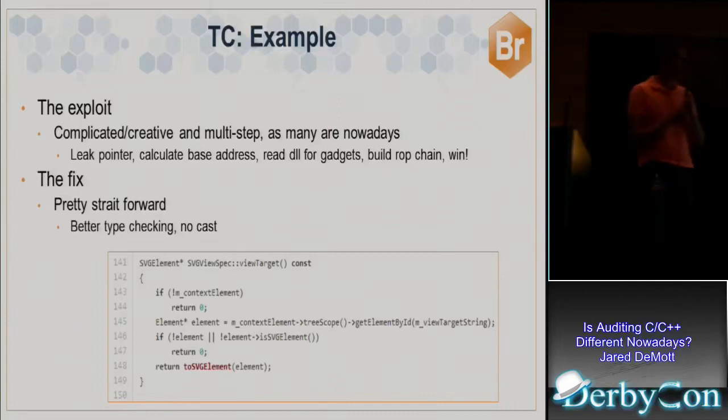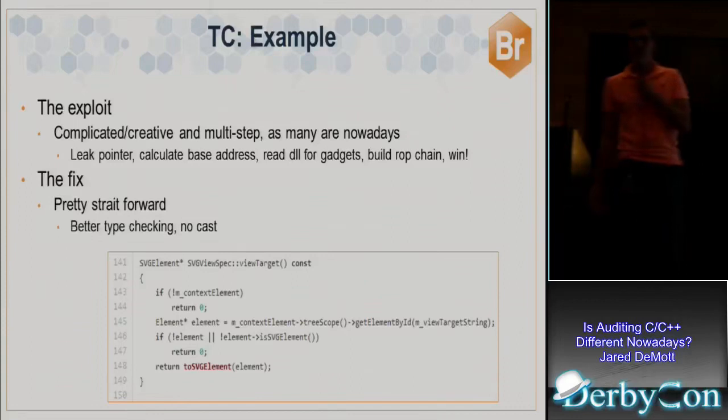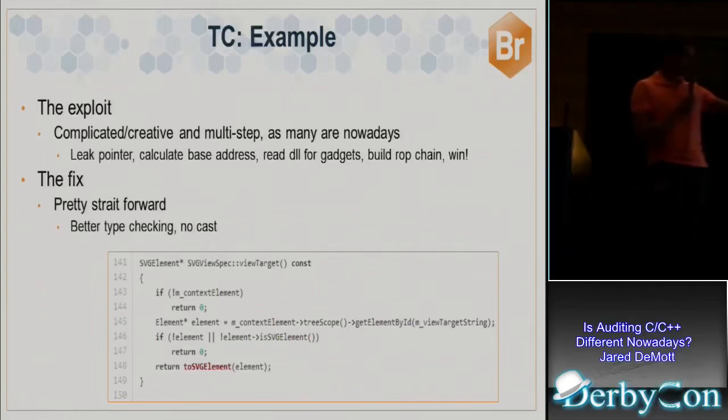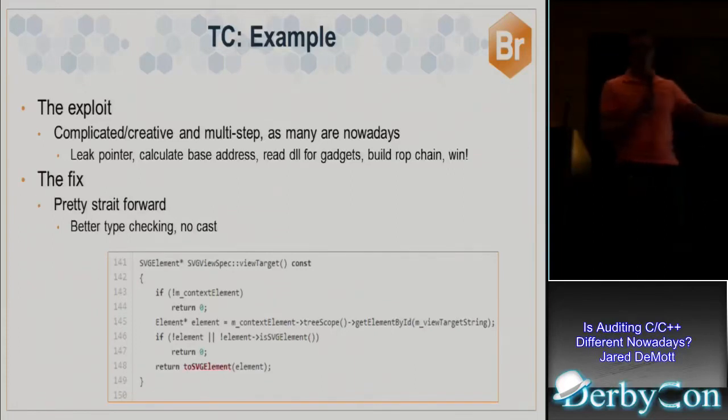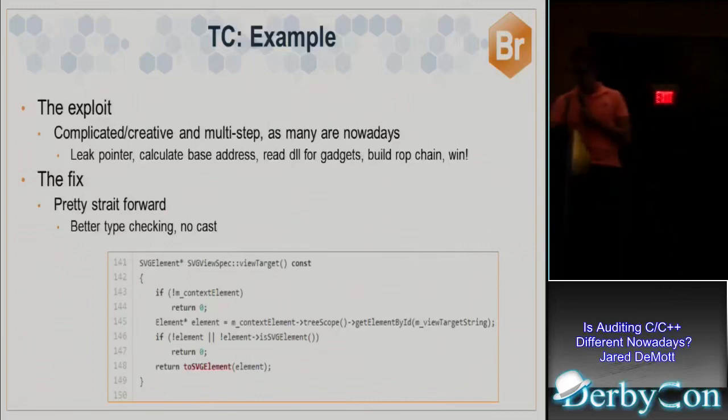terribly complex. So if you have type confusion, all you have to really do to fix type confusion is check the type to make sure that you're not confused about it anymore, right? So it seems like, oh, okay, that makes sense. The type that you get back, you just have to make sure that it is an SVG element, and if it's not, you bail out, and if it is, then you do whatever code that you were going to do, which was causing the bug in the first place. Okay, so the fix is pretty straightforward. No cast and some better type checking.